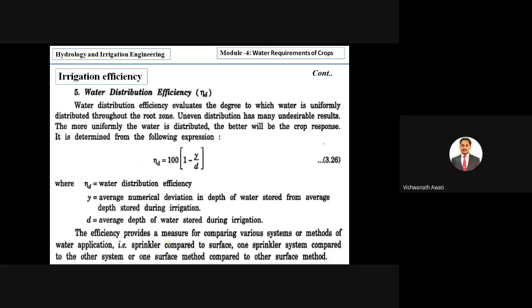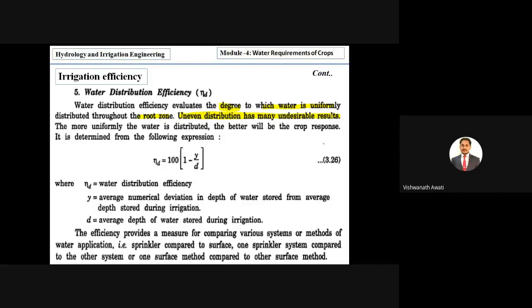Then next is water distribution efficiency. Water distribution efficiency evaluates the degree to which water is uniformly distributed throughout the root zone. Uneven distribution has many undesirable results. If water is unevenly distributed on the field, it has an impact on crop development because of non-uniform distribution of water. The more uniformly the water is distributed, the better will be the crop's response. For example,